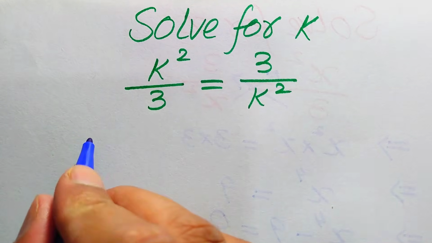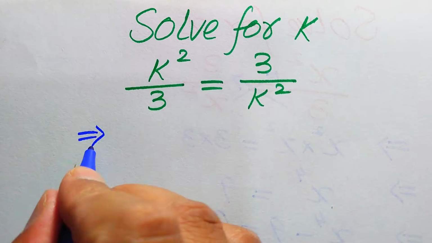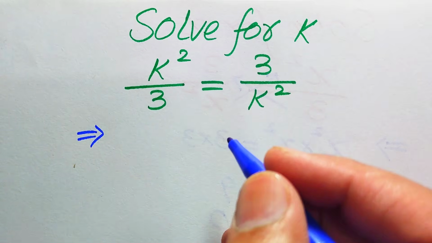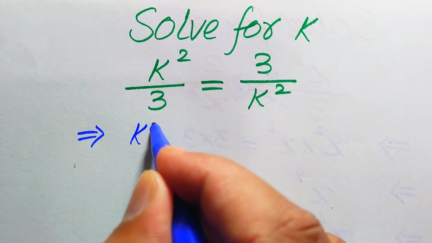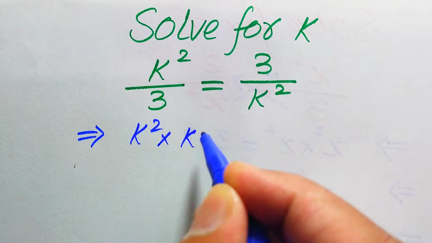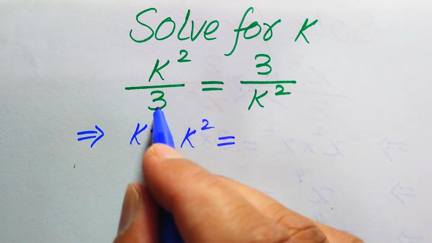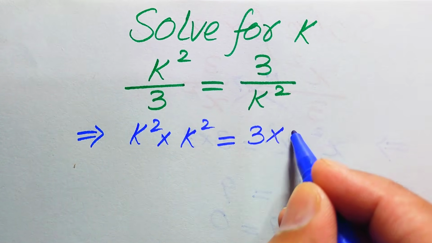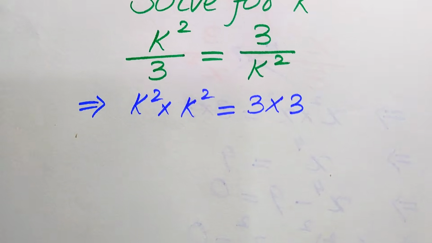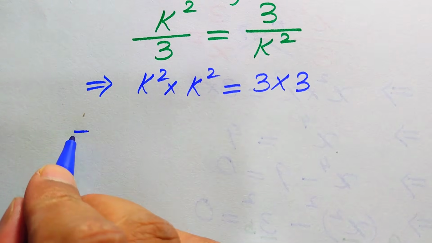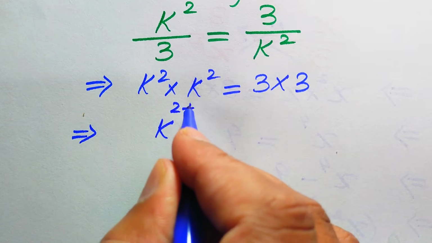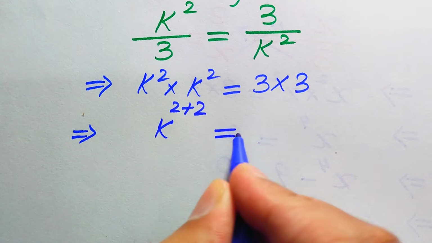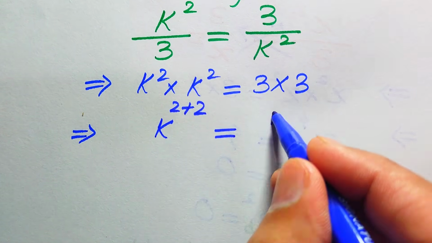So we move towards the solution of this problem, and the very first thing we are going to do is cross multiply the terms. So here we multiply k square with this k square, and it will be written as k square multiplied by k square equals to, we multiply 3 with 3 and it will be written as 3 multiplied by 3. Further, you see here the bases of both of these two terms are the same, so we add the exponents and we write it as k to the power of 2 plus 2 is equal to, this is 3 times 3